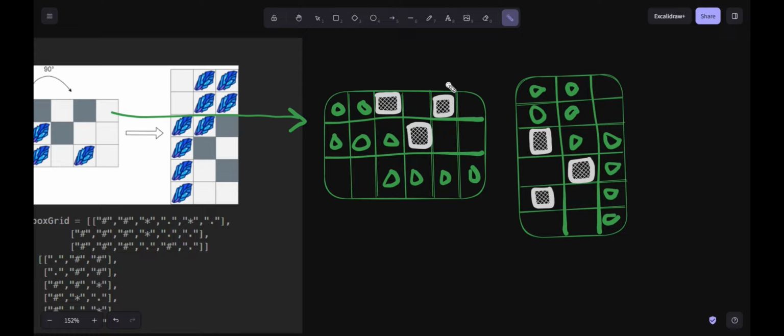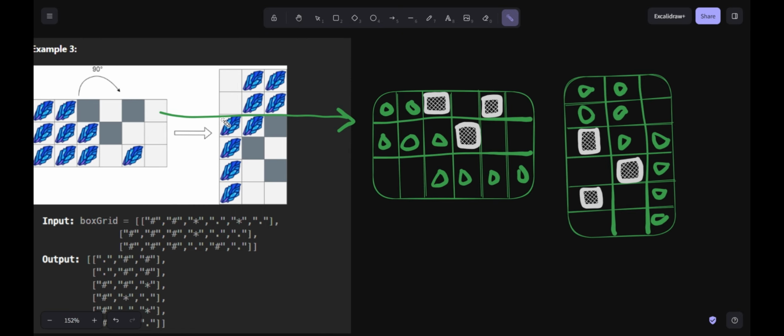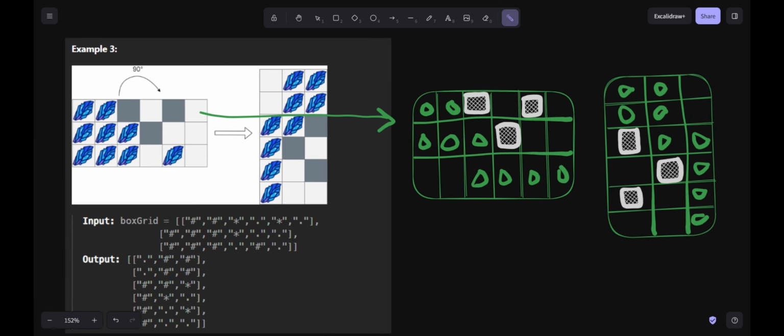How will I do that? It's simple. I'll simply create an answer grid, and we'll do box grid of ij equal to the answer grid of ji, right? So making a transpose is easy, but I do not have to just create a transpose. I have to actually rotate it by 90 degrees. So what's the difference between my answer matrix currently and my actual answer? When I rotate it 90 degrees, my rows and columns are interchanged, but the jth and n minus j minus 1th columns are interchanged as well.